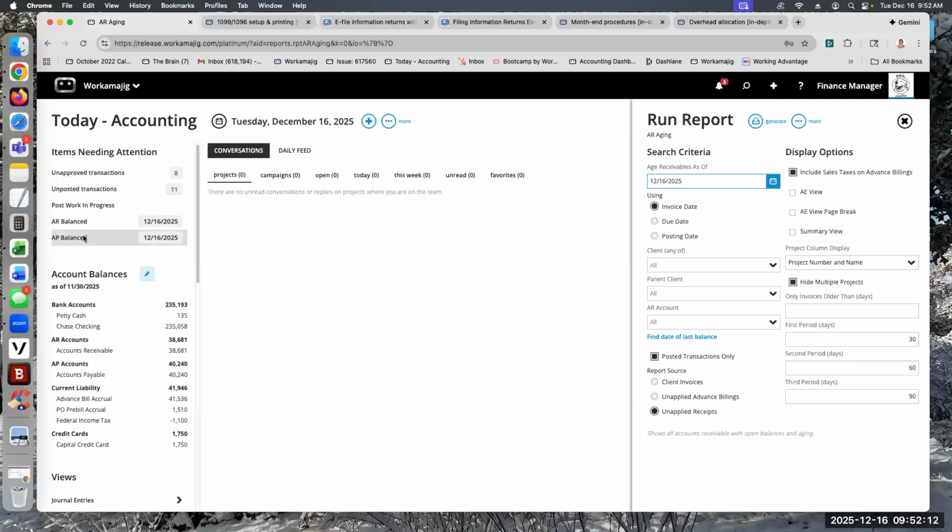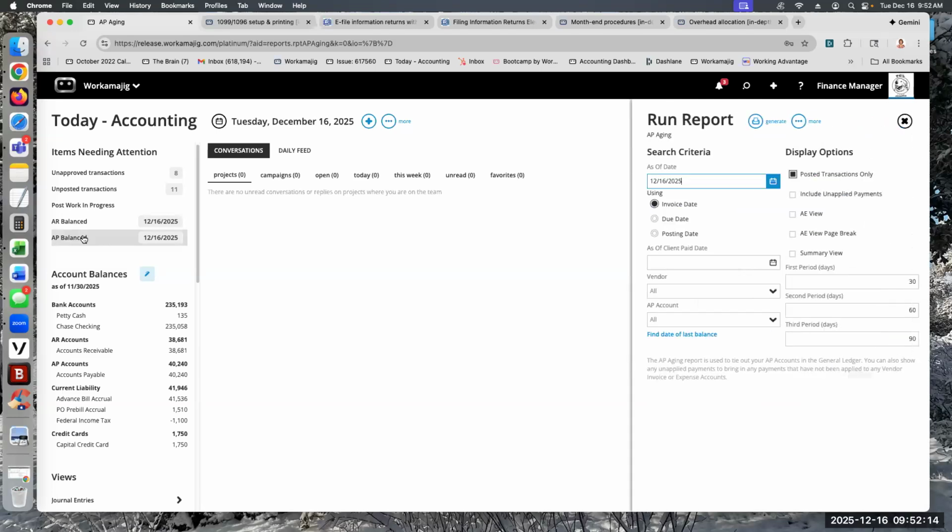That's the AP side. Of course, we always want to make sure that our AP is also balanced. Now, we do not have the same option on the AP that we do with the AR side. AR allows for that allowance for doubtful account and say, don't include that in checking the balance. If you've got multiple AP accounts, each one of those individual AP accounts will have the check date. So if you've got more than one account,